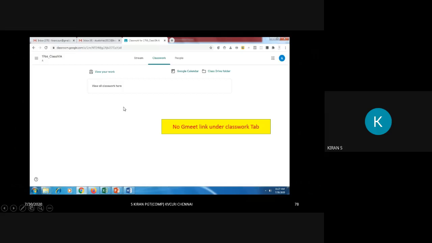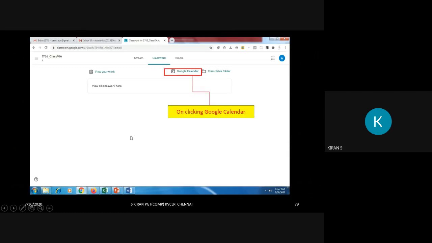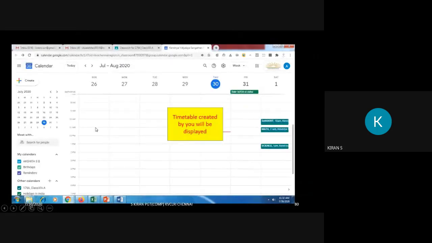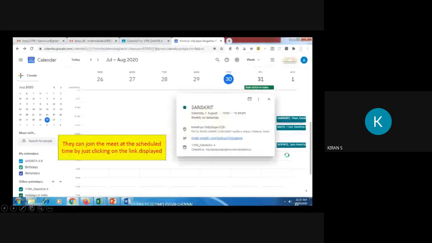Classwork, we haven't started using anything, so nothing is there on their classwork. And here if you see, only Google Calendar is available for them. The Gmeet link will not be available for them because we have not shared the Gmeet link. So click on calendar. If you see here, this is how the student calendar will also appear.